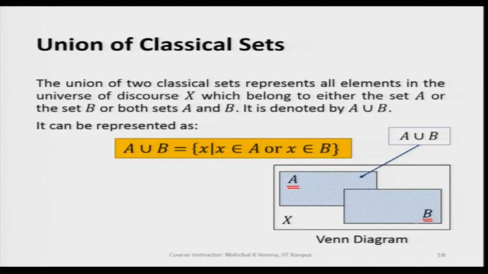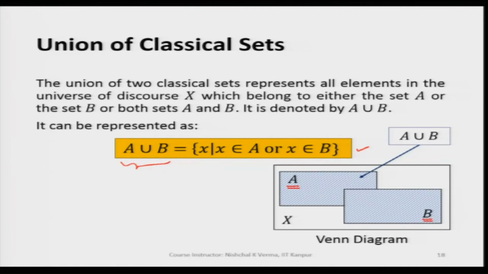The union is represented by A union B, and this gives you the set of all the elements which are belonging